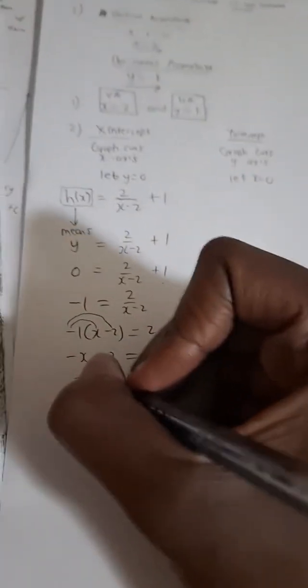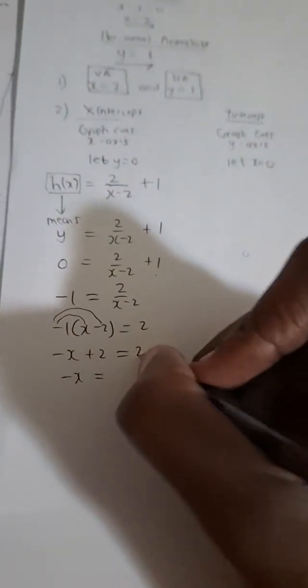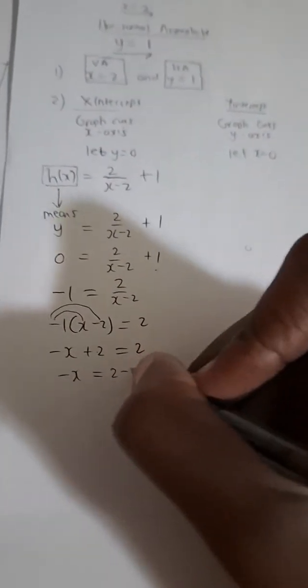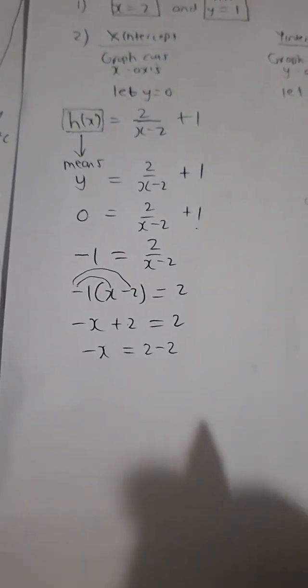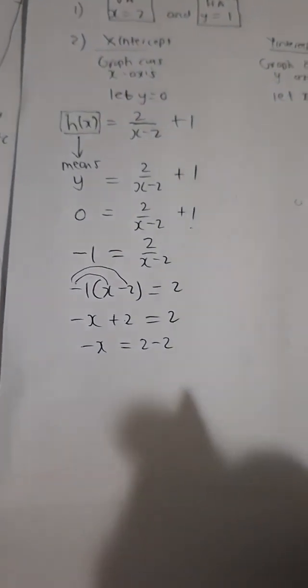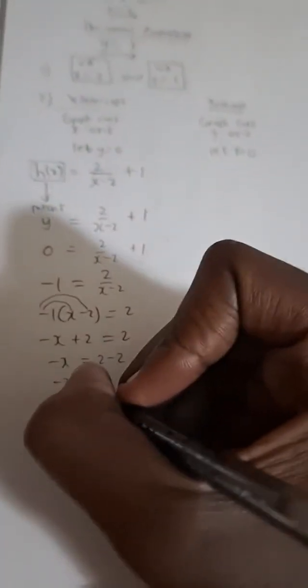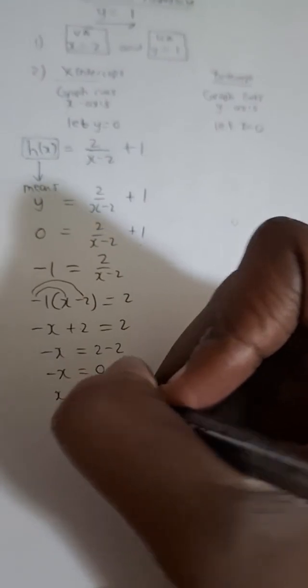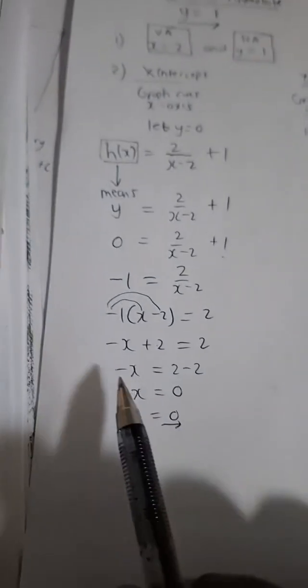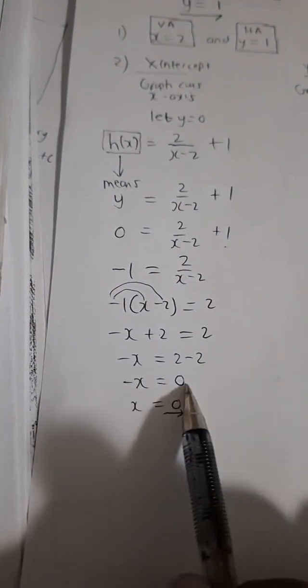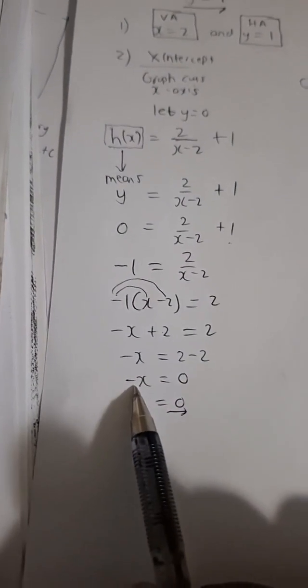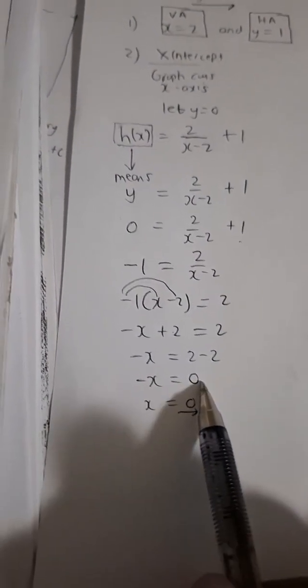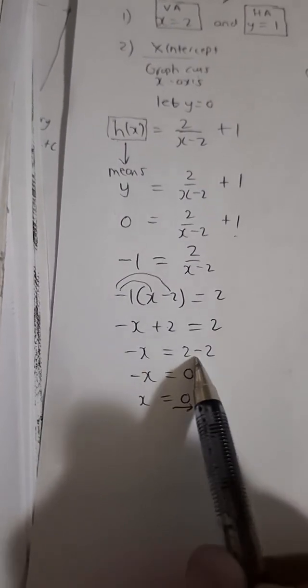Then negative x is equal to this 2 you transpose to the other side, which gives you 2 minus 2. And then the grand finale, negative x is equal to 0. Therefore, x is equal to 0, because you divide both sides here by the coefficient of x, which is negative 1. But guys, we know that division by 0,